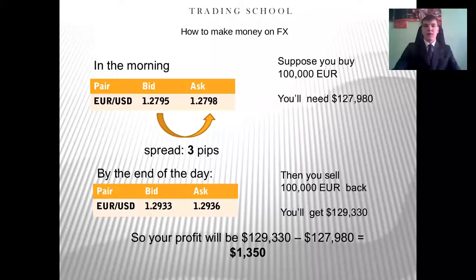Okay, but what if you made a wrong decision? What if you decided that the euro will decrease in value? Then your profit will be your loss. You should know that the Forex market can be both beneficial and harmful for you too. But how do you know what the exchange rate will be? Can you forecast the price? Later in our lesson, I will show you that you can predict currency prices, exchange rates, with some certainty, and you can make money on that.